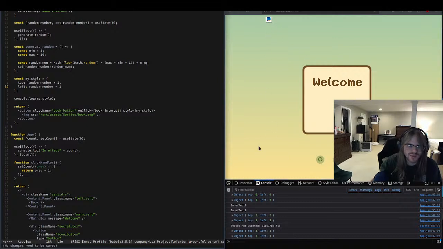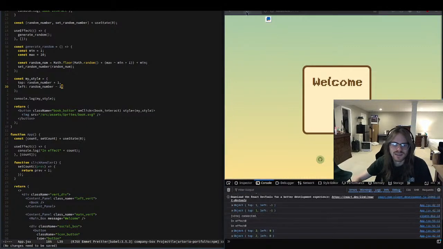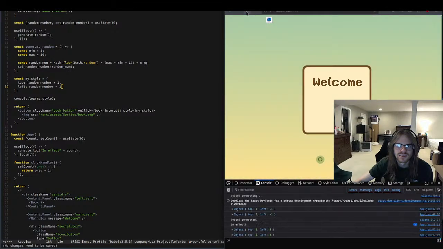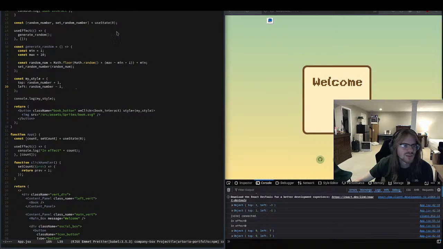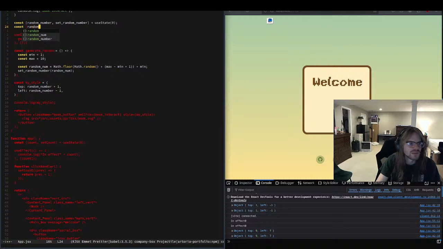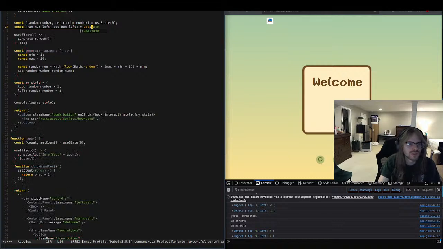So they're always going to be a little bit closer to this side. Okay. I think let's do const random left, set num left equals useState 0. And then on generate random,